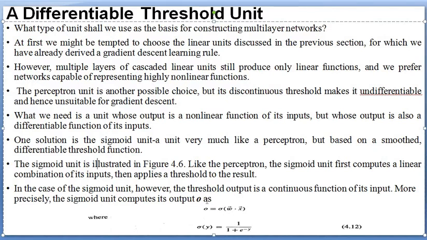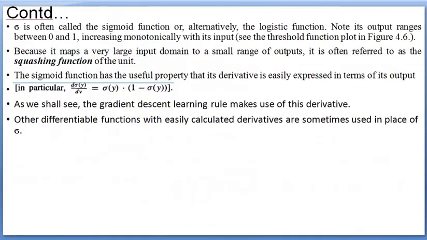We apply this to the multi-layer perceptron, and this is the formula: sigmoid of y equals 1 divided by 1 plus e raised to minus y. How do we calculate this sigmoid of y? We calculate it using formula 4.1. Here sigma is often called the sigmoid function, and sign is called the sign function. Alternatively it is also called the logistic function.